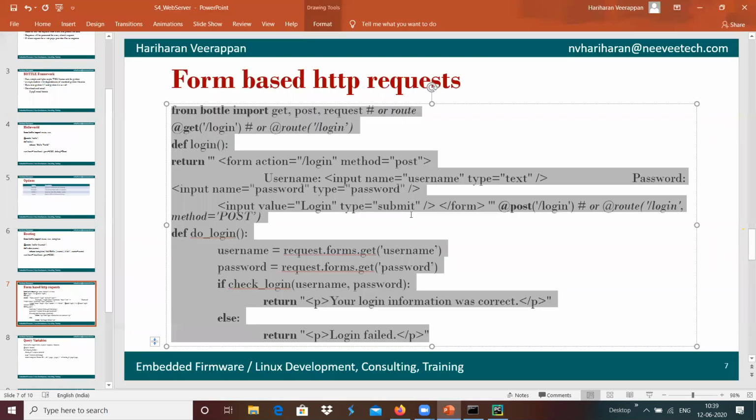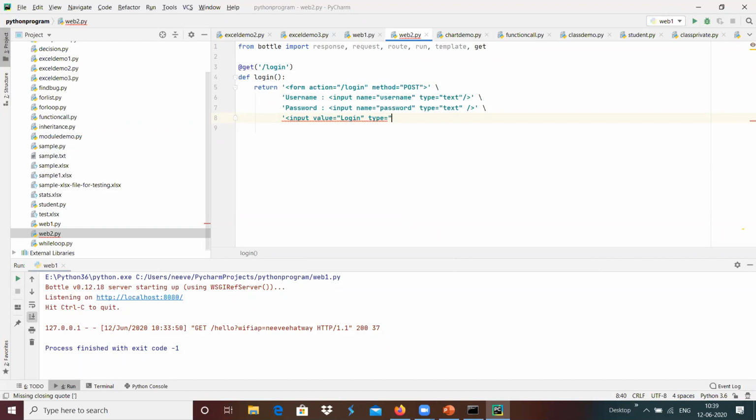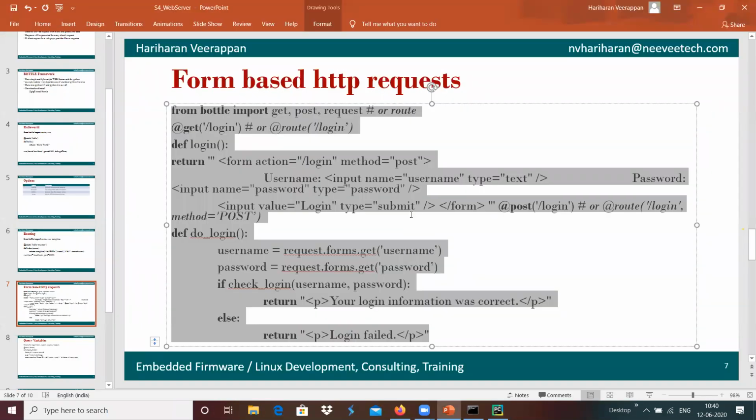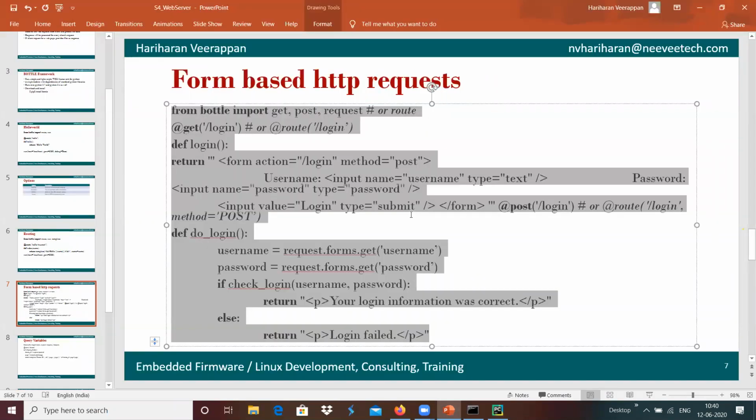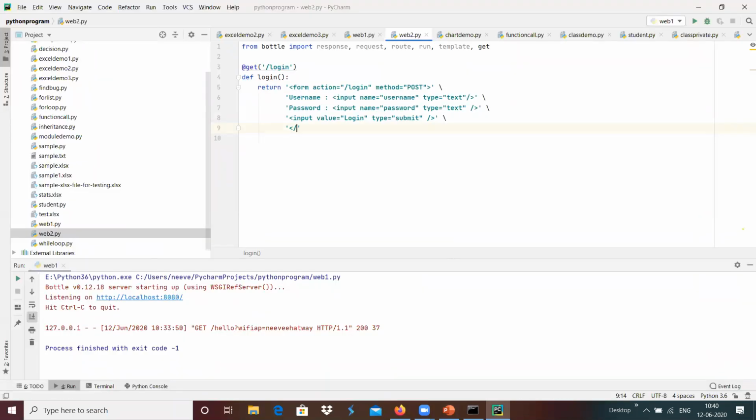Basically that submit is something like, we can say, this is going to submit the data on this form basically over here. And I'm going to close this, and once it is done, I'm going to end up this form with the help of slash form over here. And I close that form, which is a string I'm going to expect over here.